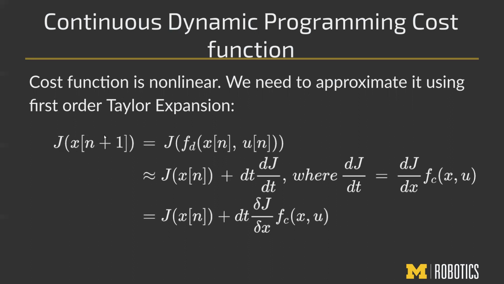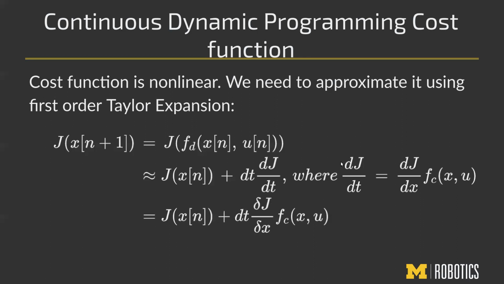So given this nonlinear cost function, that's basically J, which takes in some states x of n plus 1, they approximate this nonlinear cost function using Taylor expansion. After performing the Taylor expansion, we end up with this first order Taylor expansion where J of xn is basically the cost at some state xn, and then it's summed with some Jacobian, which is basically the derivative of J, that's the derivative of the cost function at some point x,